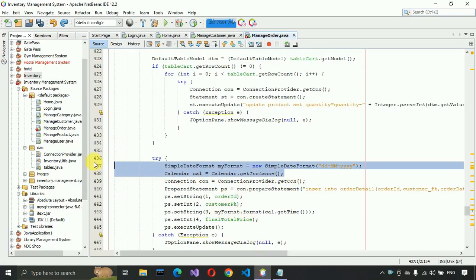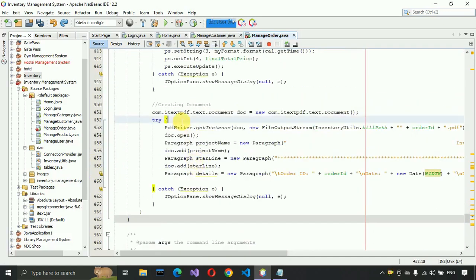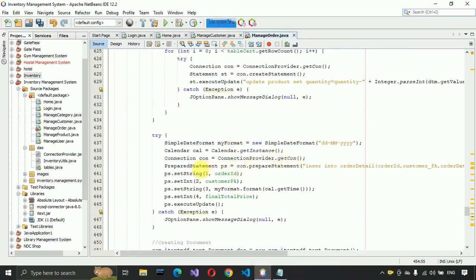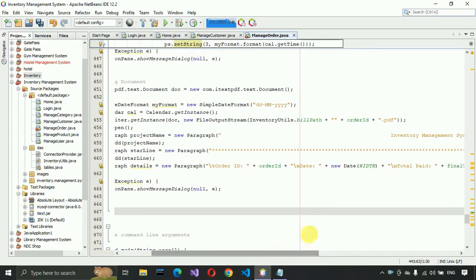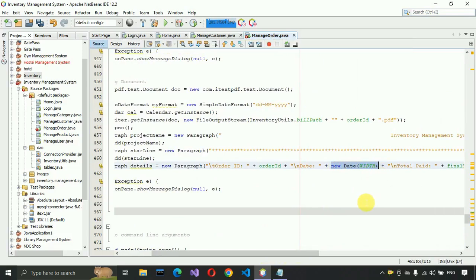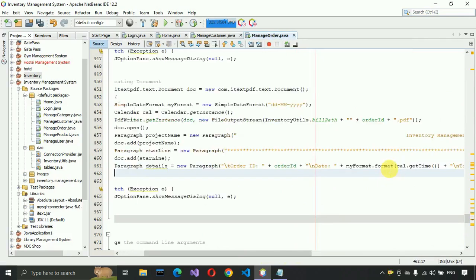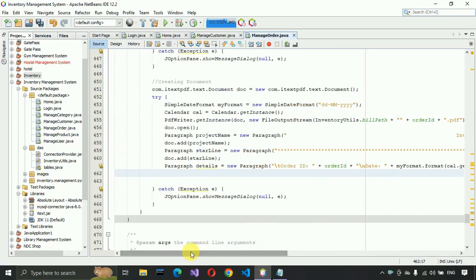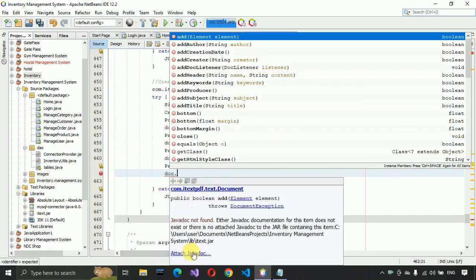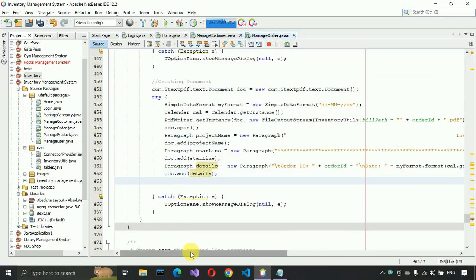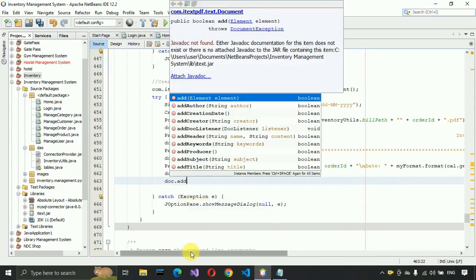So just copy these two lines over here, and let me format this one, and then we can also use that date. So my format dot get time, and this part just copy this one, and let's paste it over here. Okay, and you can see the error has been removed. Now let's get back over here, and now we have to add in the doc, dot, here we have to just add this element details in it,